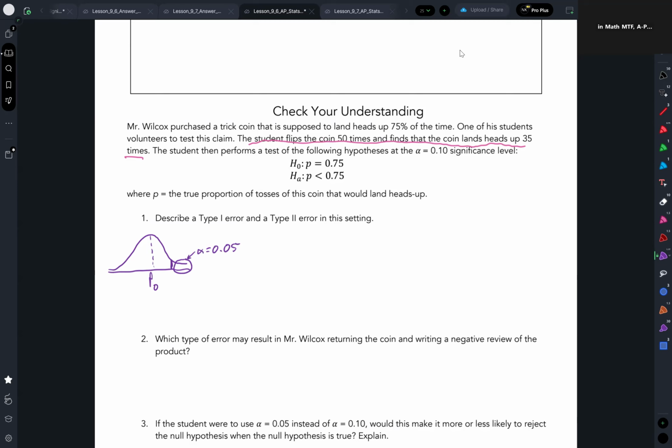But there's still a chance that my initial hypothesis was correct. And so remember, alpha is the probability of a type 1 error. And so when I am trying to figure out what the errors would be, if I get into that region where alpha is 0.05, that means I've rejected the null, but there's a chance the null is true. And so that helps set me up to understand how to write about these errors. So in this case, for a type 1 error, I am going to conclude,